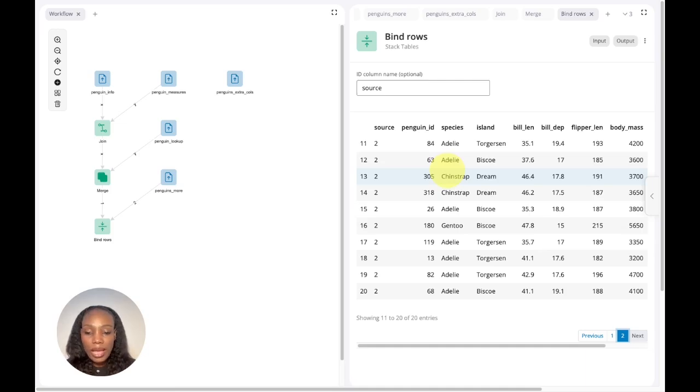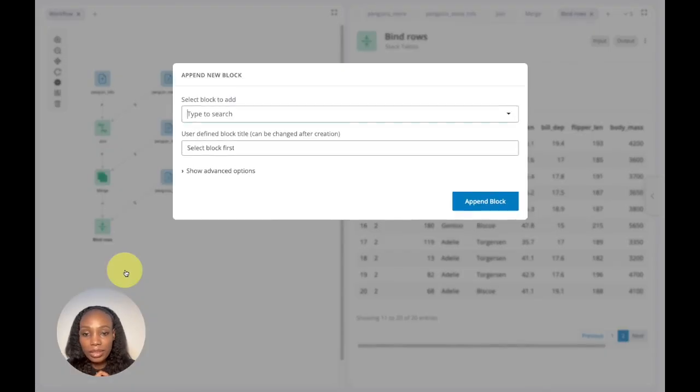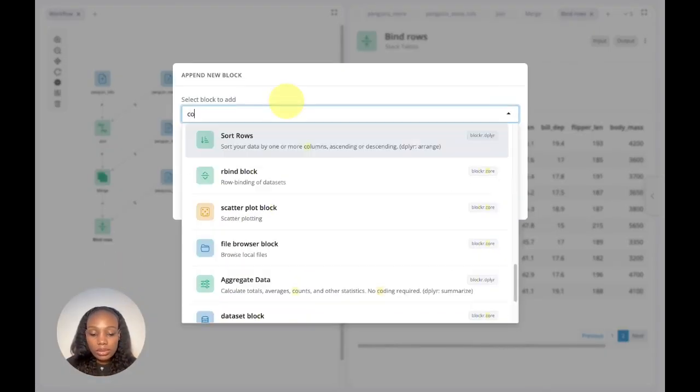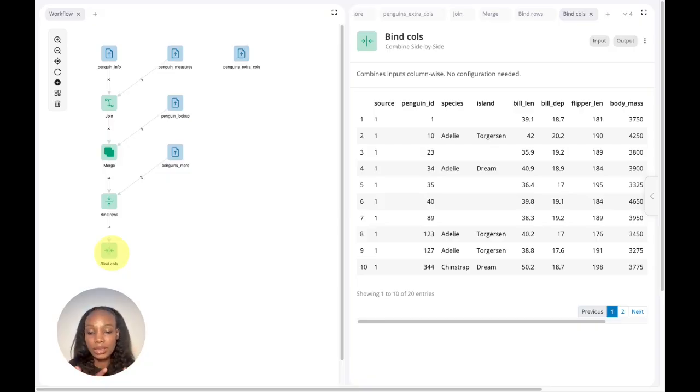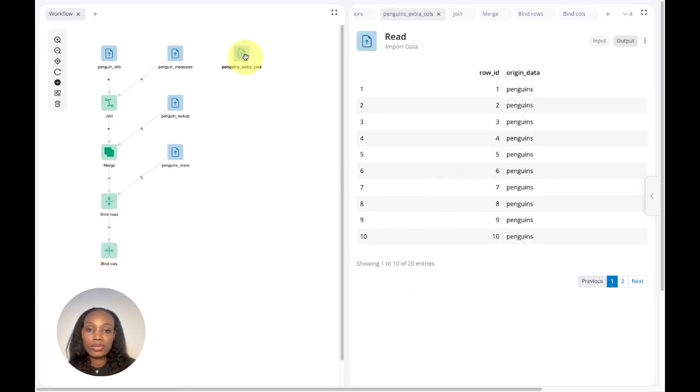Finally, I would like to add new columns to your data set. To do that, you can take the result of this and append a block, Bind tables. However, it binds tables of the same length. So here we have 20 entries, and for this penguin extra columns, we have also 20 entries. We can then join this data, shift drag,